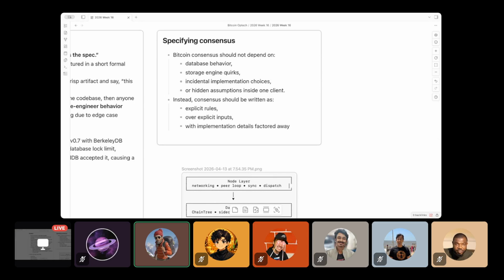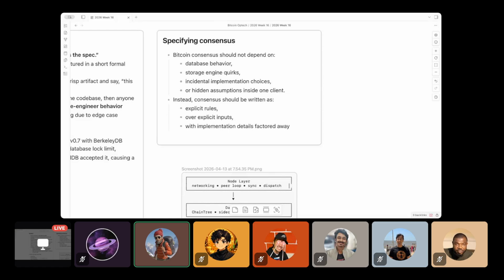Consensus is definitely not database behavior. Consensus has nothing to do with your database. It should also have nothing to do with how you store your chain state or UTXO, etc. But currently, that is the state, as the 2013 chain split has shown us.